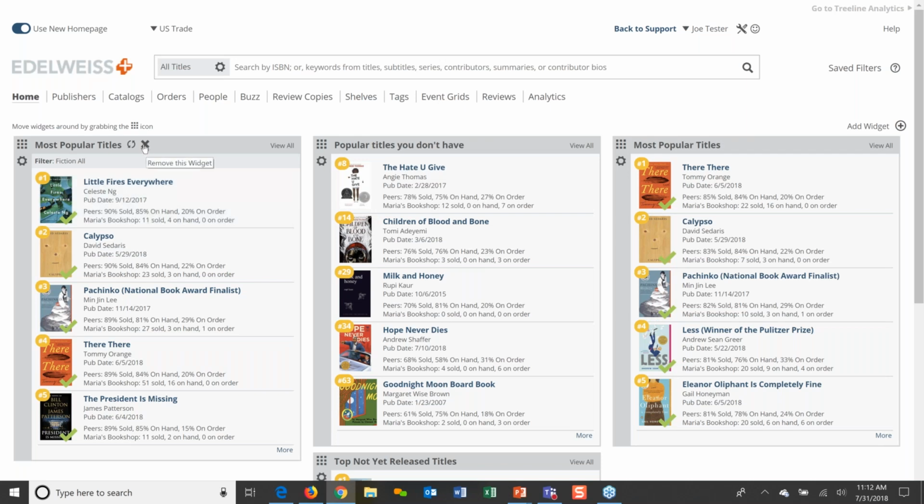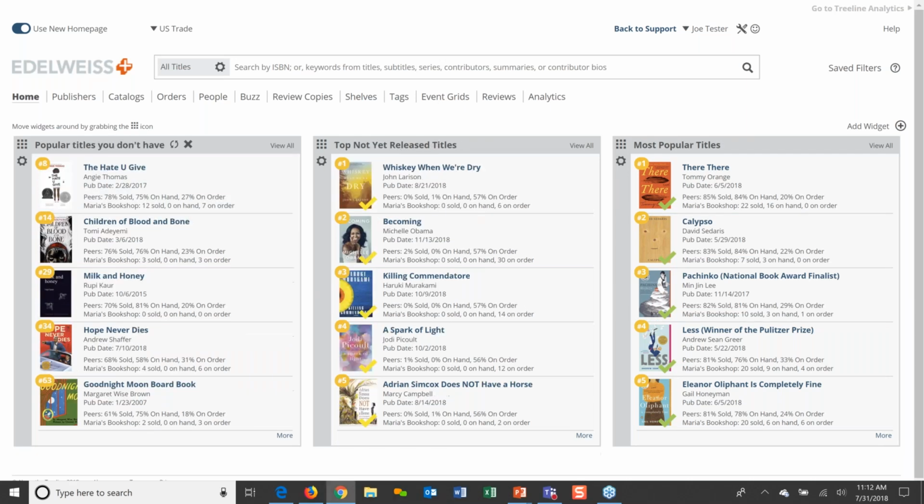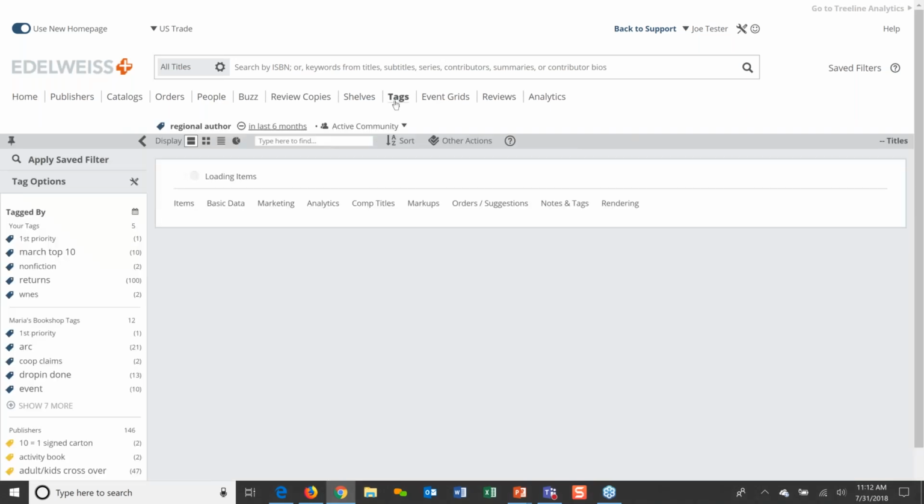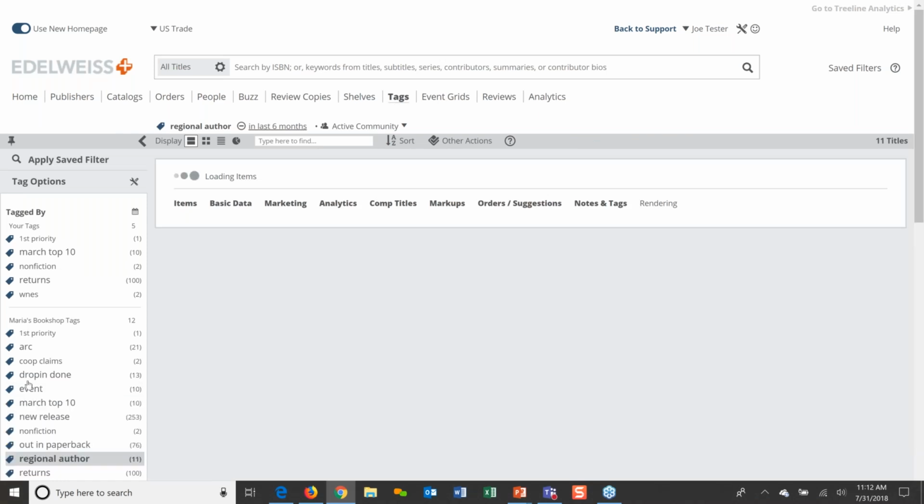And to remove one, actually, you just click this little X guy. So again, just really think about how you use Edelweiss, how you buy the things that are important to you, and set your dashboard up accordingly. I do want to show you a little bit about those different ways in which you can see